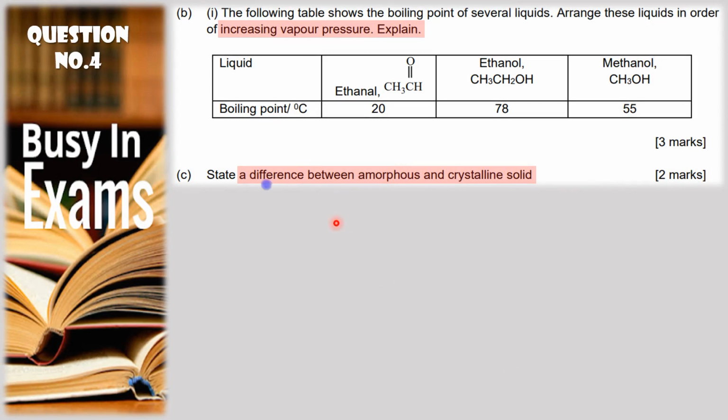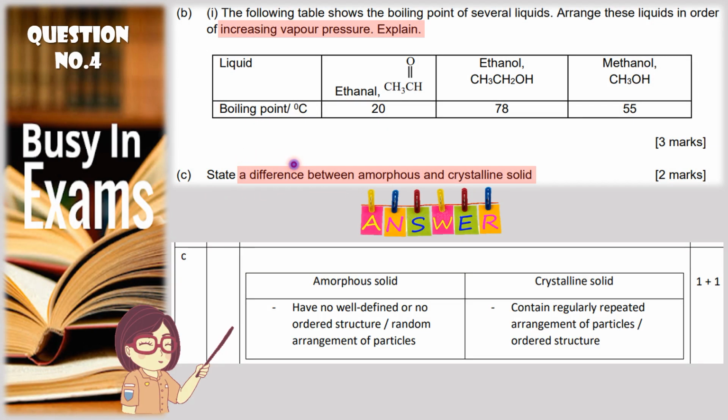Okay. Alright, so for C, state the differences between amorphous and crystalline solid. So for the differences question, remember, you can answer by using table form, right? So given to you 2 marks, so 1 mark each of the difference. So make sure the characteristic is the same. So example, amorphous have no